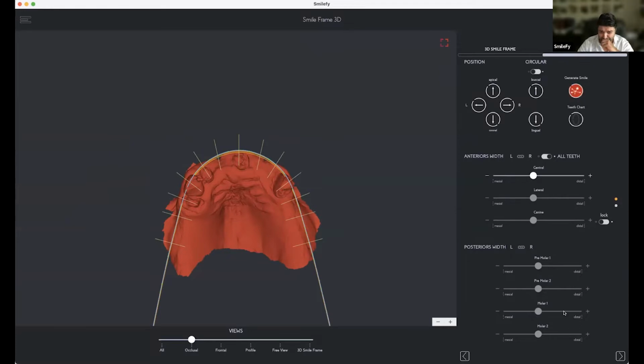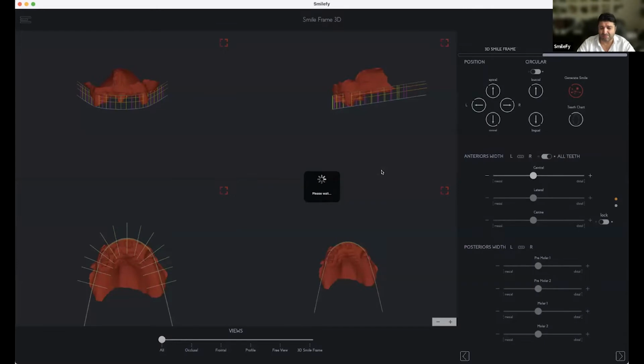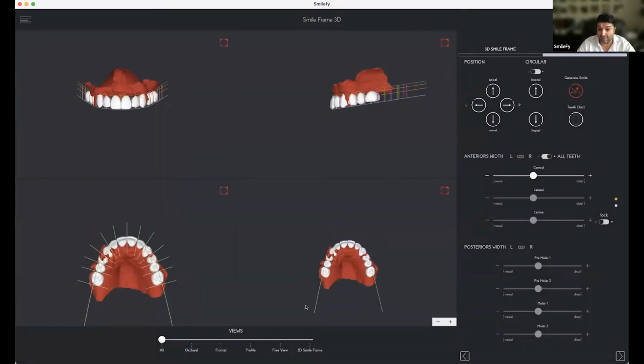So I don't need, in this case, to set all my teeth and the distal and mesial lines, because it doesn't help anyway. So I think the size of my arch is fine, and I'm gonna now generate the smile and then see where this generated smile leads us, right?